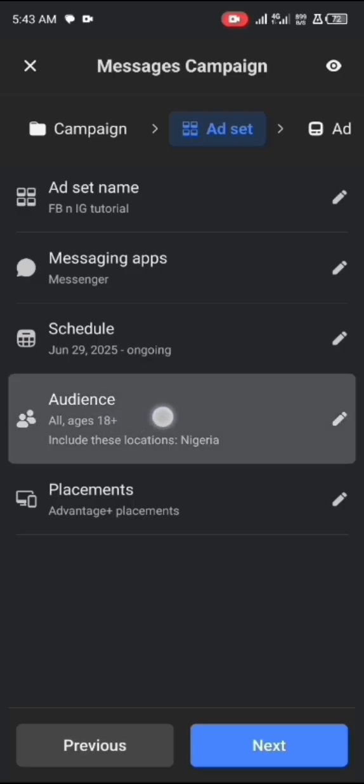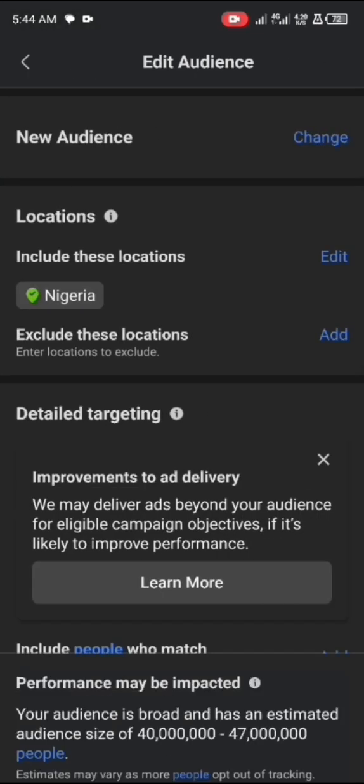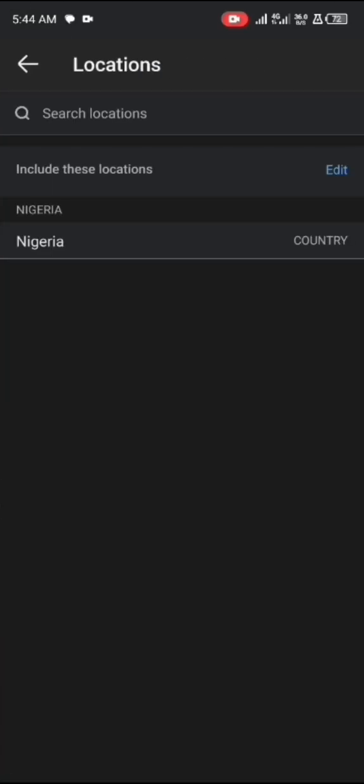So this is where the main work really is here. Click on audience, and then you can see it already has Nigeria here. So the location is the entire Nigeria. But if you don't want it to be Nigeria, let's say you want to run this ad to UK, then